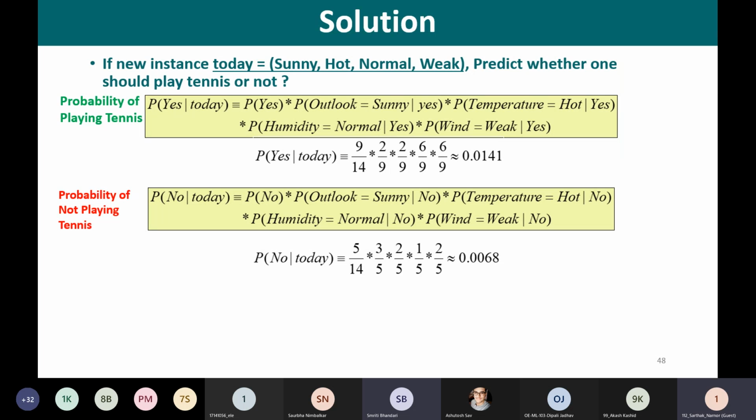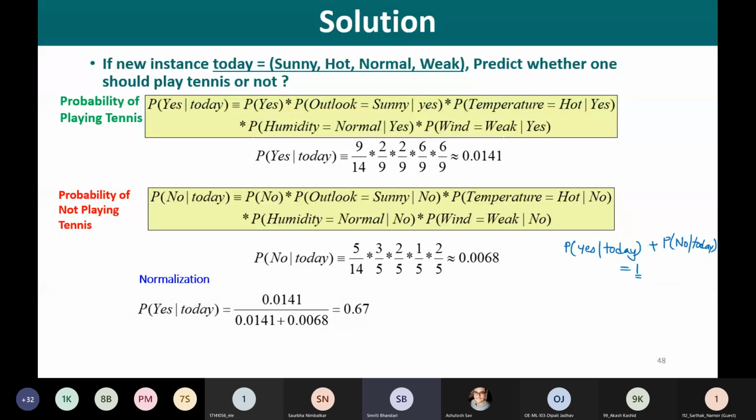Now, as we are talking about the probability values. Ma'am, is there any relation between these two probabilities, probability for yes today and probability for no today? Yes. Probability of yes given today plus probability of no given today should be equal to 1. Right? Now, if this should be equal to 1, what we need to do is normalize